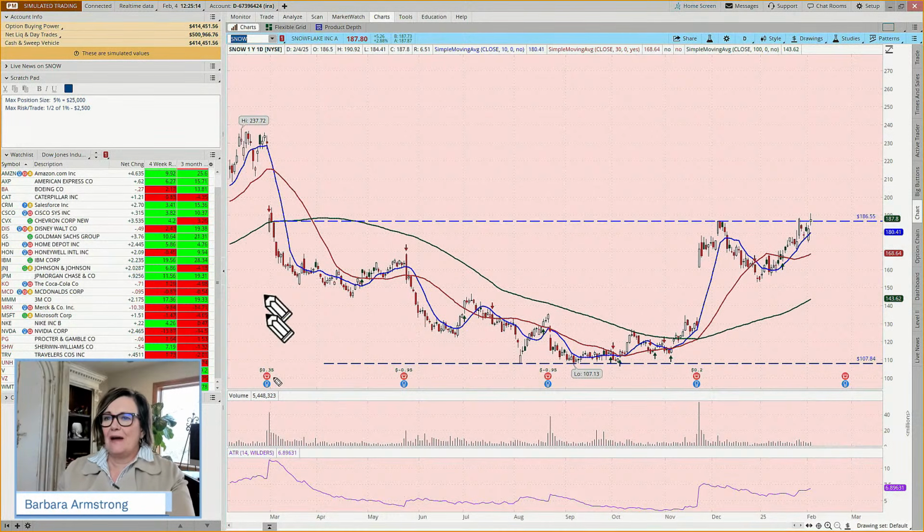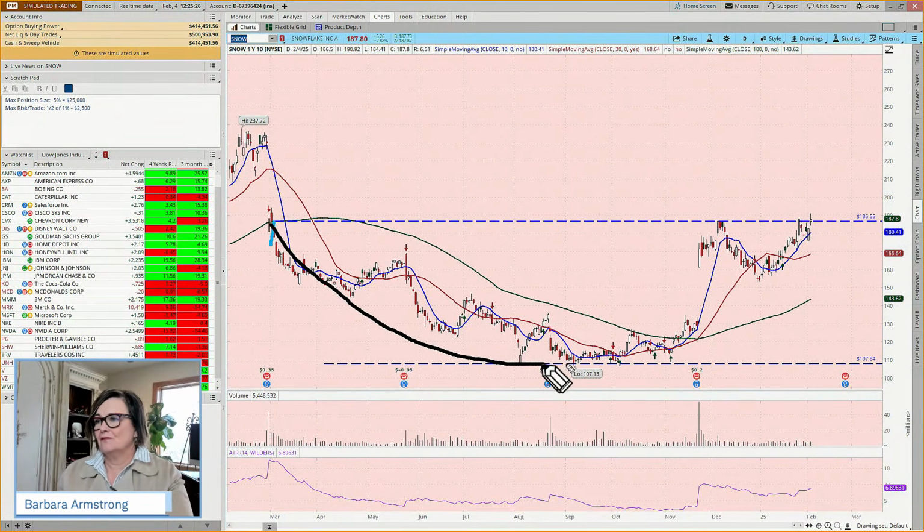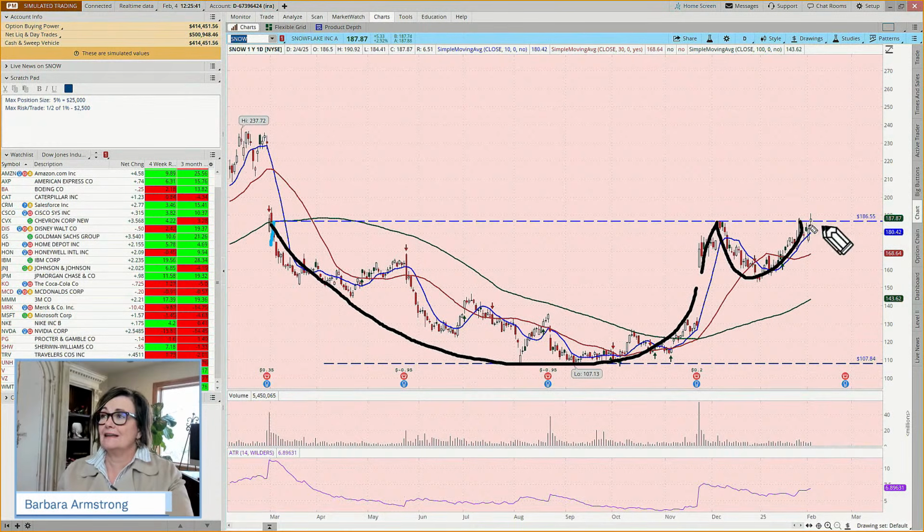So I'm seeing, and this pattern started last March, that's almost a year ago, right? It's been setting up for a long time. So, downtrending, came up, came down, up again. But did it break out? It looked like it might be. And then today, when I first looked at this, it was breaking out with a lot more oomph than it is now. But does this look like a breakout? Could be a breakout, could be a fake out.